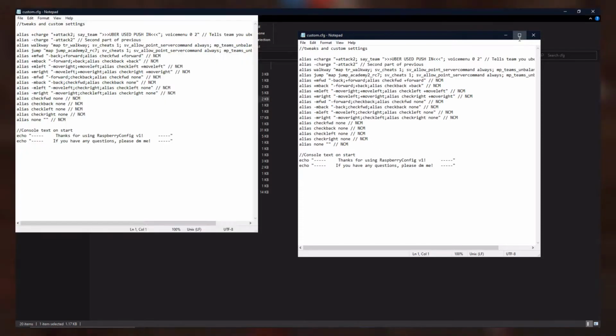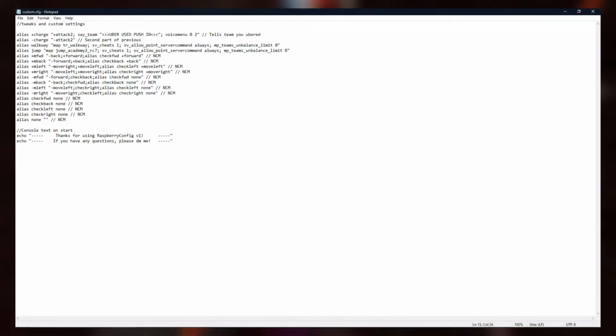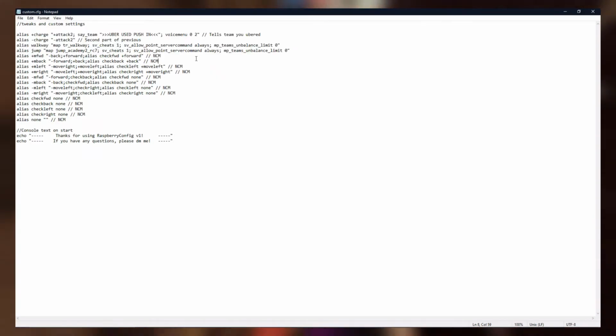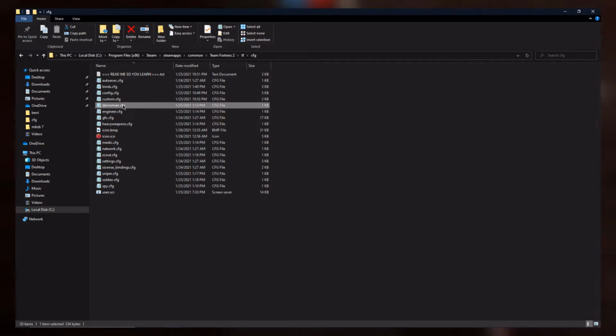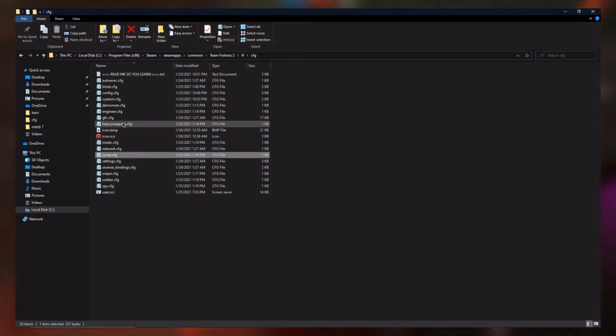Custom.cfg, this is all the custom commands that don't really fit into anything here. For example, I have scripts here, which are a bit advanced. I won't really get into them in this video. But these are just custom commands, I guess, that you would want to have run on startup or something like that. So what these class labeled ones are for is